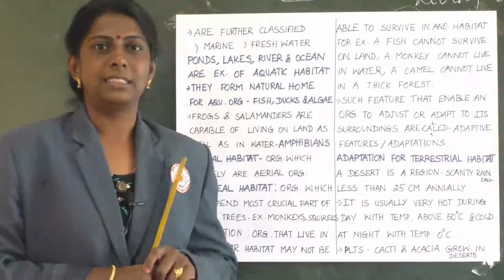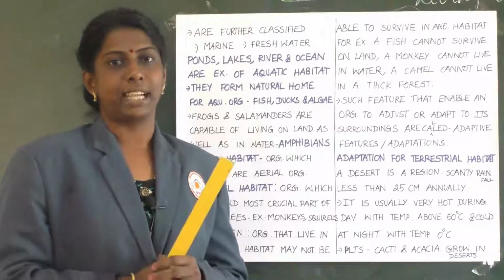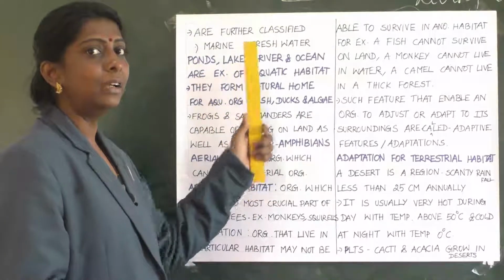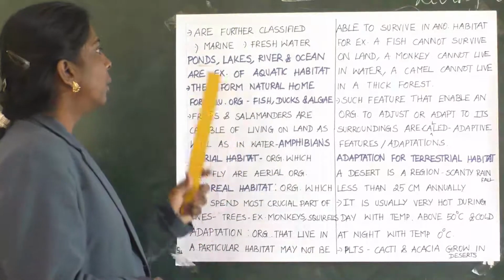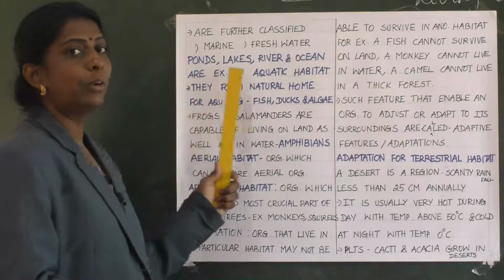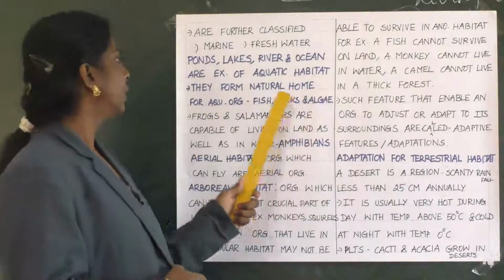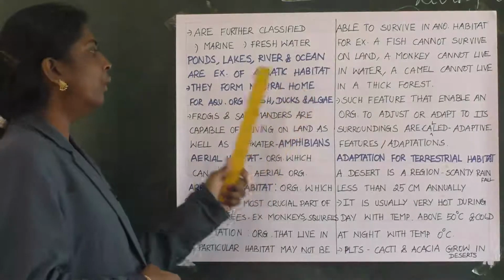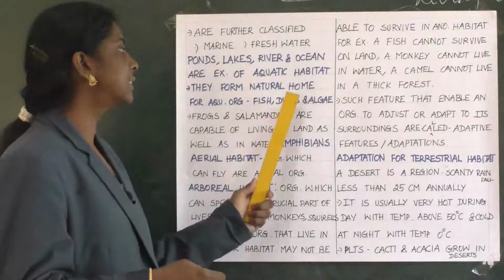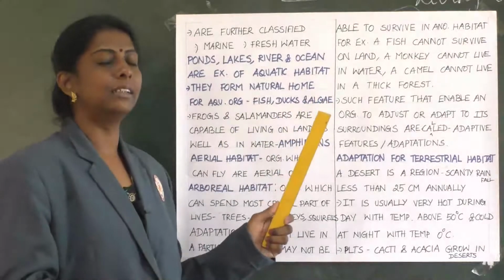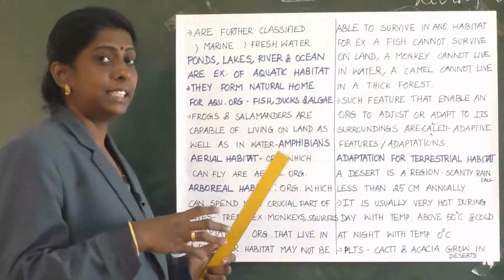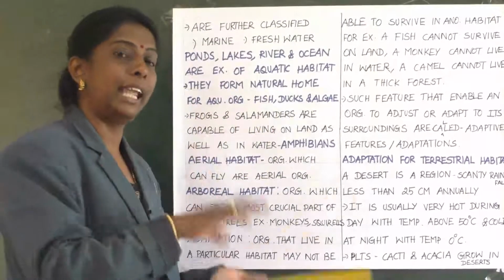Now, aquatic habitats are further classified into two main types. What are they? Marine and freshwater habitat. So, ponds, lakes, rivers and oceans are examples of aquatic habitat. They form natural home for aquatic organisms such as fish, ducks and algae. Clear? Yes. Now, some organisms are exceptions, that can live both on land and in